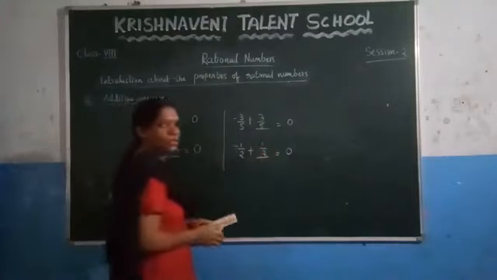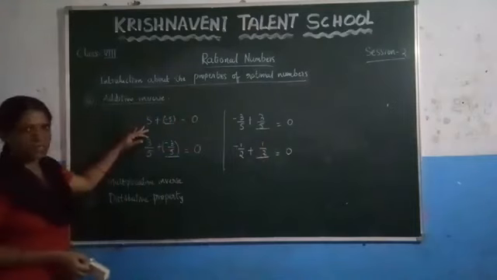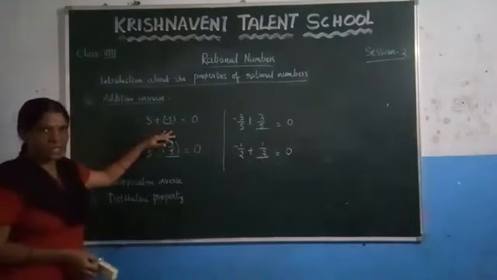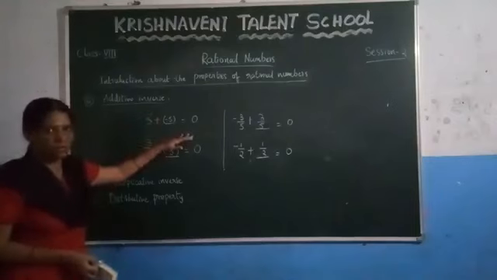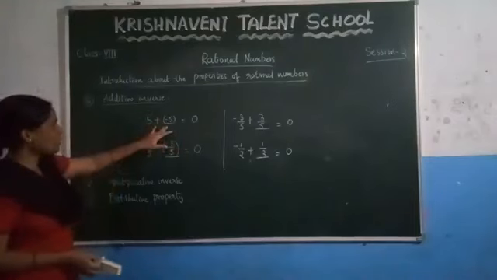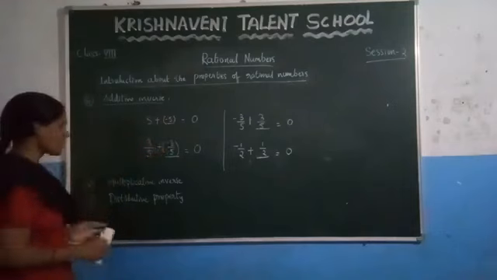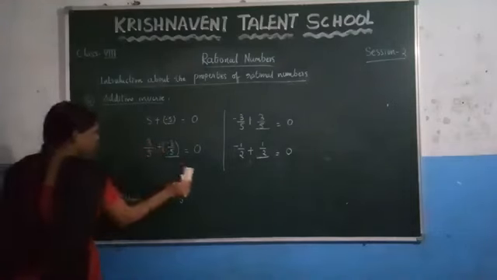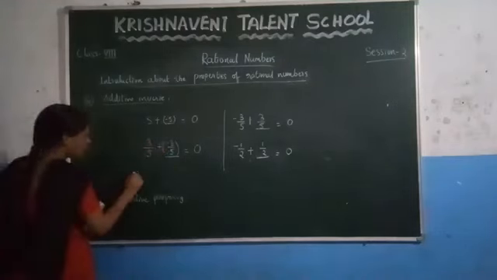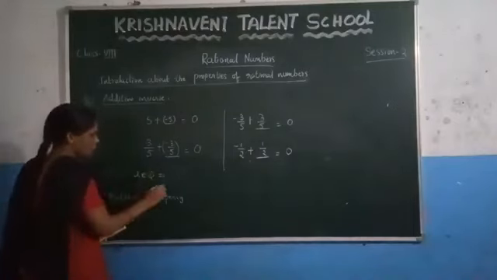Similarly here, which number do you have to add? 1 by 2. So what this property says here is, if you consider any rational number, you add one number such that you get the result as 0. That number we call the additive inverse. So here, what is the additive inverse of minus 5? 5. And what is the additive inverse of 5? Which is minus 5. Now how do you define this one? Here consider one rational number A, and what does this property say here?